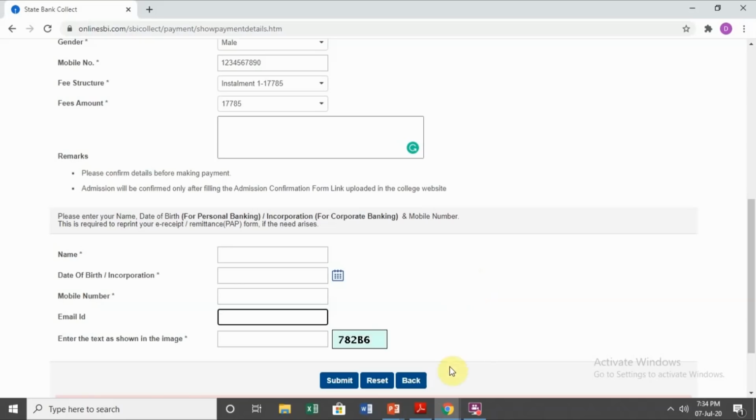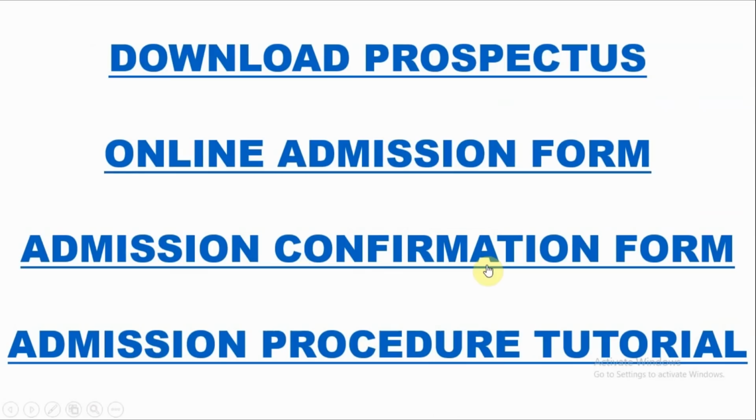You come back to the college website. At the end of the page, you will again find the same 4 buttons. Click on admission confirmation form.